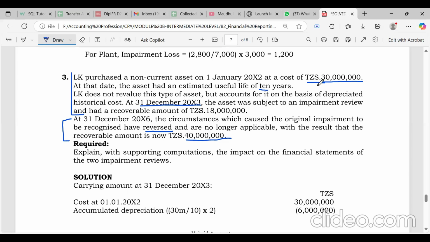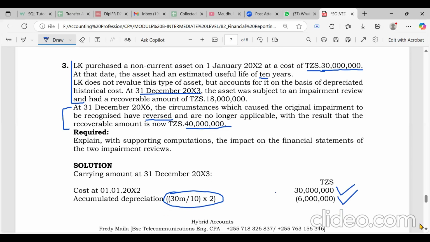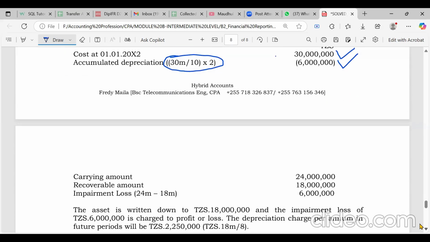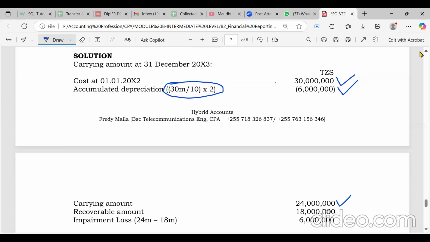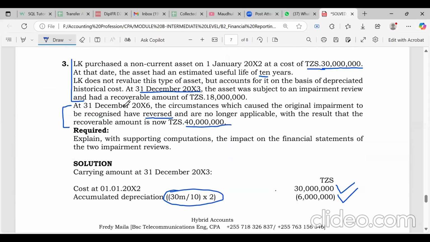Multiply by 2 years to get the total accumulated depreciation of 6 million. Then you deduct 6 million from the cost to get the carrying amount of 24 million. Now to know whether there's an impairment or not, you compare it to the recoverable amount,